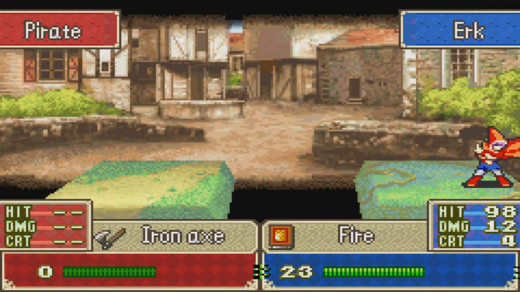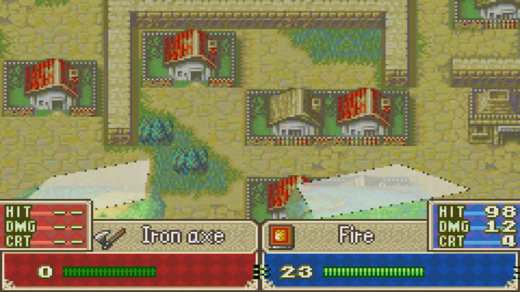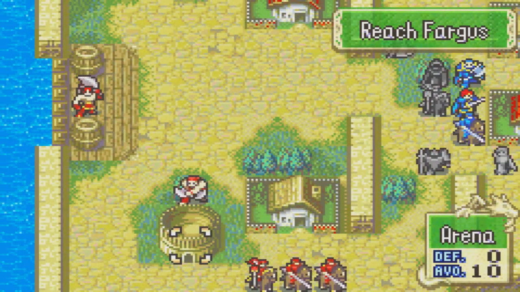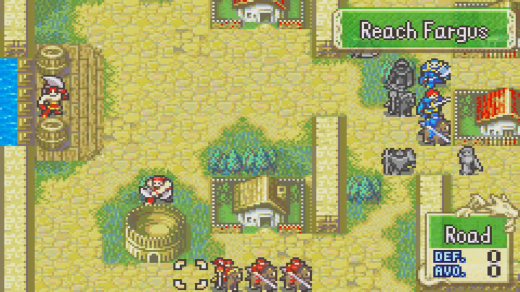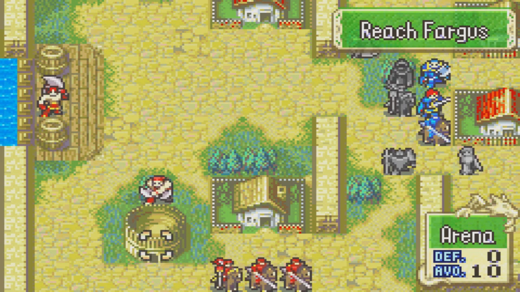So, a few things I should probably call attention to on this map, which I have not done yet. Shame on me. There is actually a unique building here. We have an arena. Basically, the arena is a place where you can level your units up. You pay some gold, you fight a tough opponent, and if you beat them, you get experience, and you get double what you paid for the arena. The problem is, if you lose the fight, your unit will die,